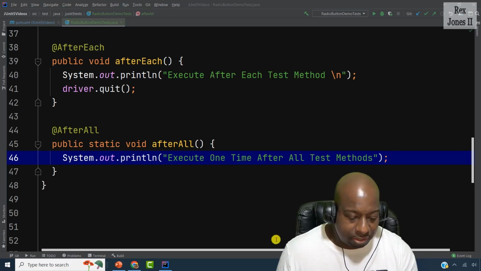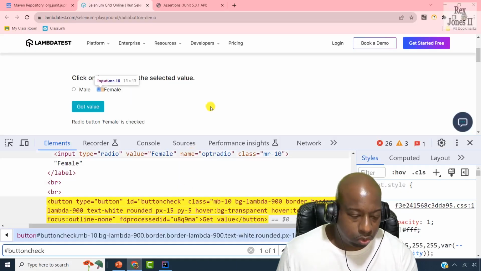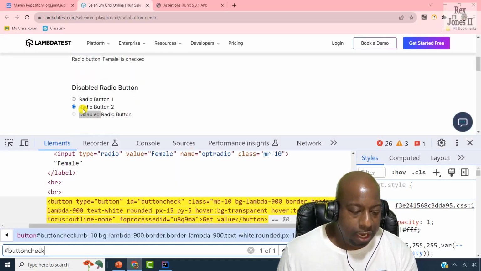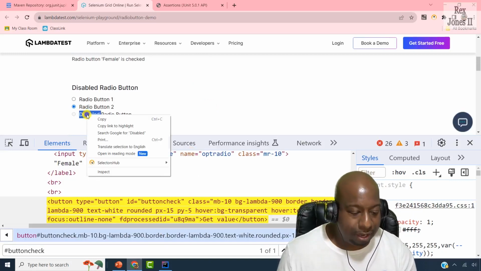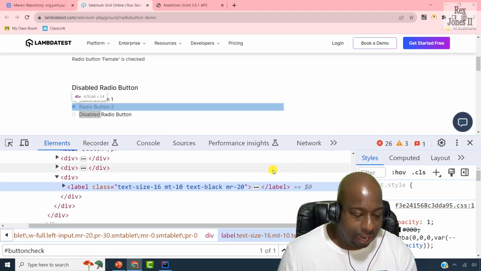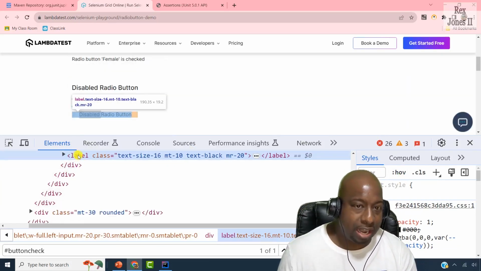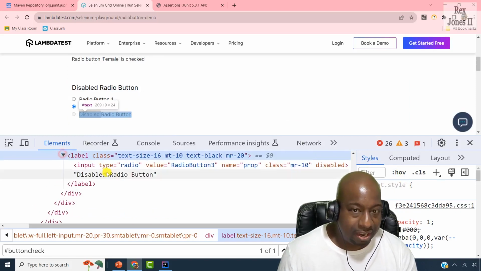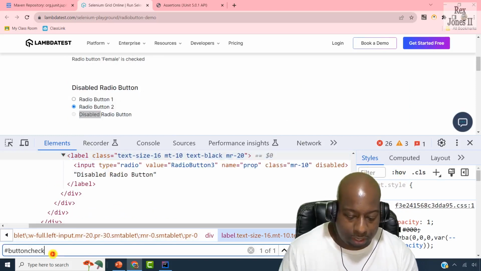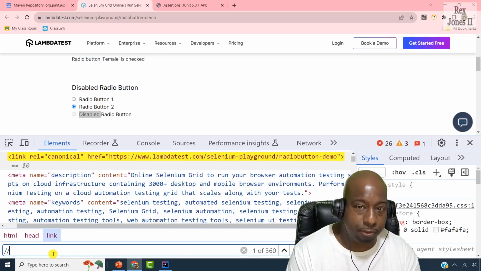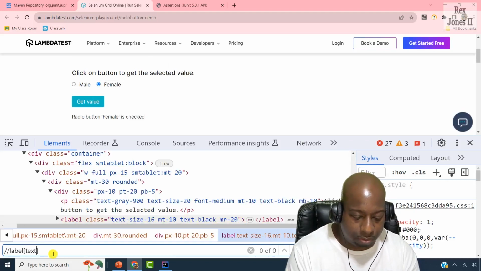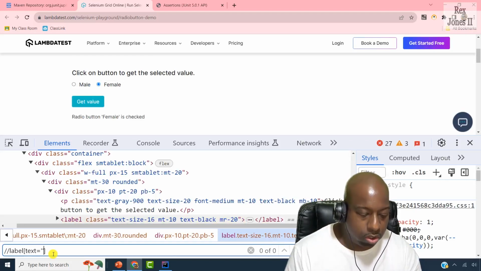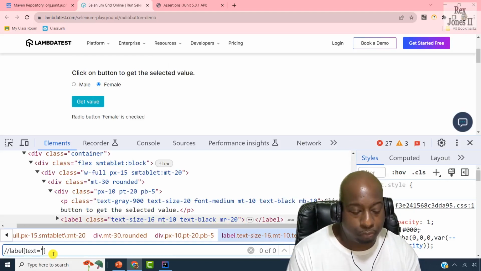Now, for the second test, we will check if the label contains the word disabled. Inspect the label, and we see the tag name is label. To find this element, we're going to write two forward slashes, label. Let's put in the text of the label. Text equals two single quotes, disabled